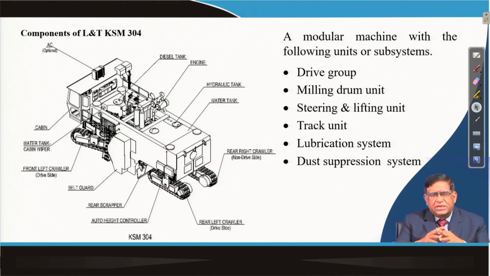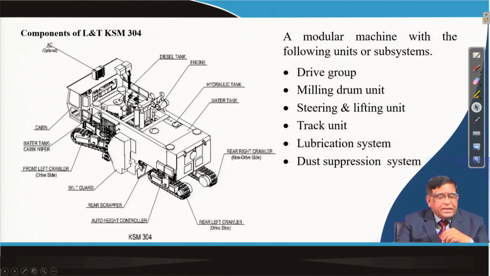spraying that water through nozzles to suppress the dust generated. There will be a main diesel tank, and then the diesel engines will be running basically the pump, that is a hydraulic tank for a number of hydraulic operations. And then the machine is supported on a 4-point support, that is 4 crawlers are there, so that this load is distributed through these crawlers to the ground, so that the ground pressure given by it is always within the ground bearing pressure, so that the machine does not sink on that rock where it is working.